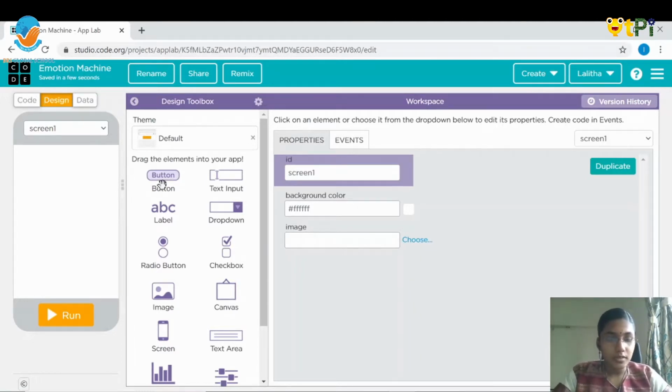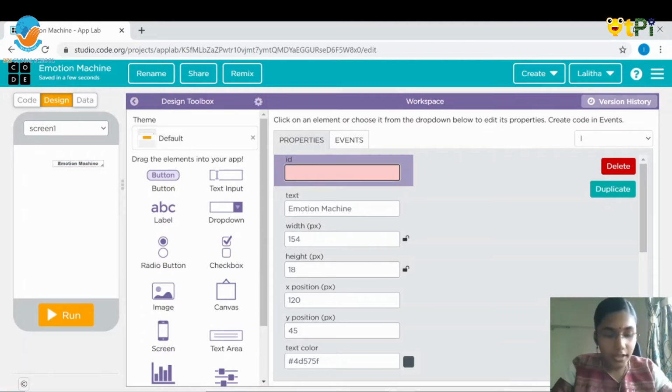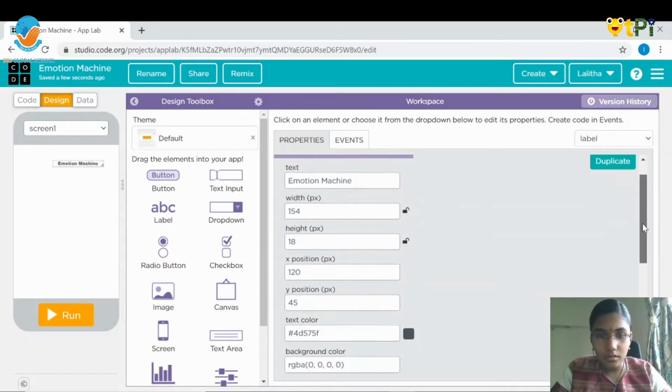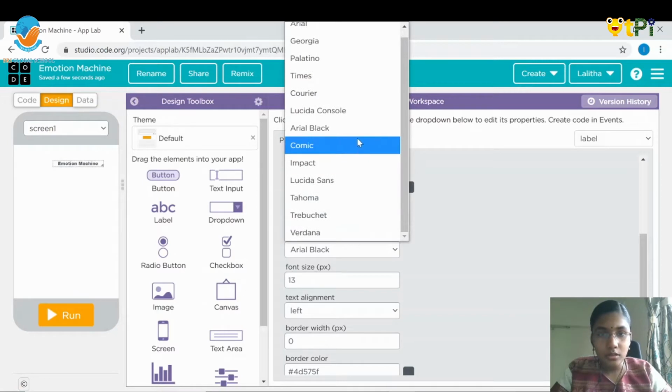First, we need to drag and drop a label, and let's rename it as Emotion Machine. I have renamed it, and we need to rename it in the ID as well. I am going to keep it as just label. After doing it, I would like to change the font of this.